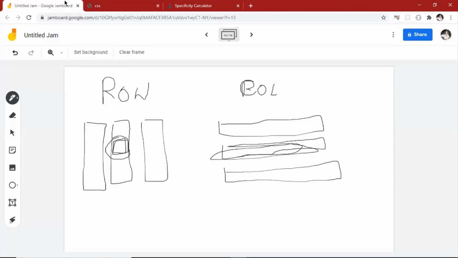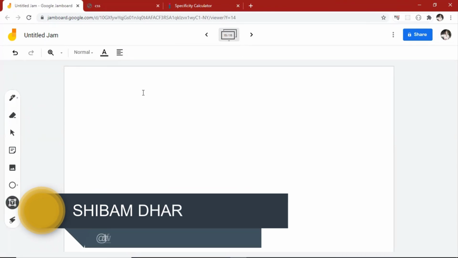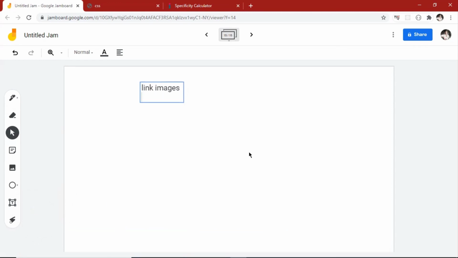If I try to name some of these, right here, you can link your images in the CSS. Then you can color everything, you can give box shadows. There are some scroll bar properties.